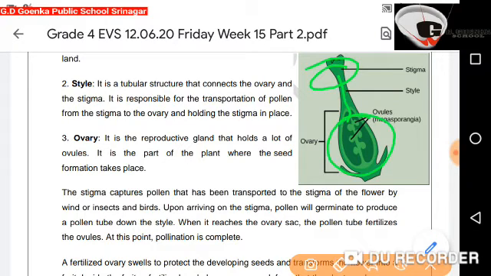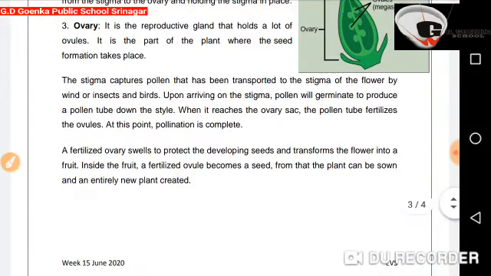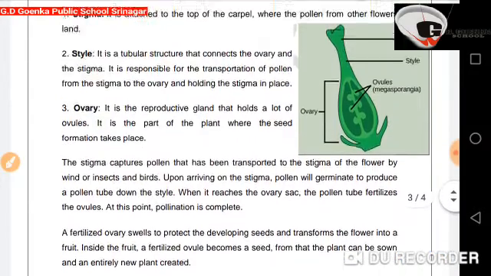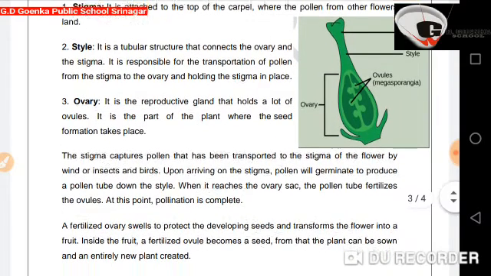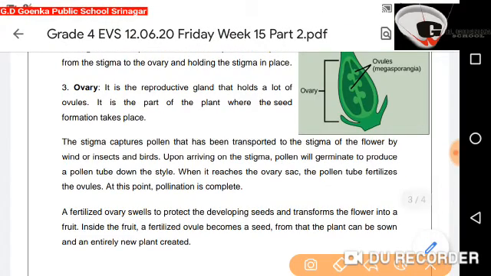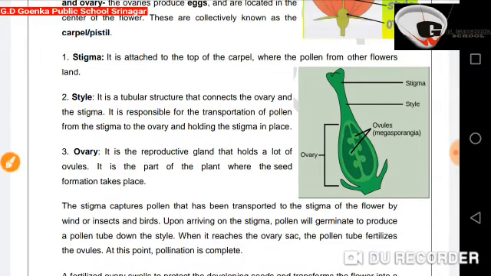Ovary. It is the reproductive gland that holds a lot of ovules. It is the part of the plant where the seed formation takes place. The stigma captures pollen that has been transported to the stigma of the flower by wind or insects and birds. Upon arriving on the stigma, pollen will germinate to produce a pollen tube down the style. When it reaches the ovary sac,